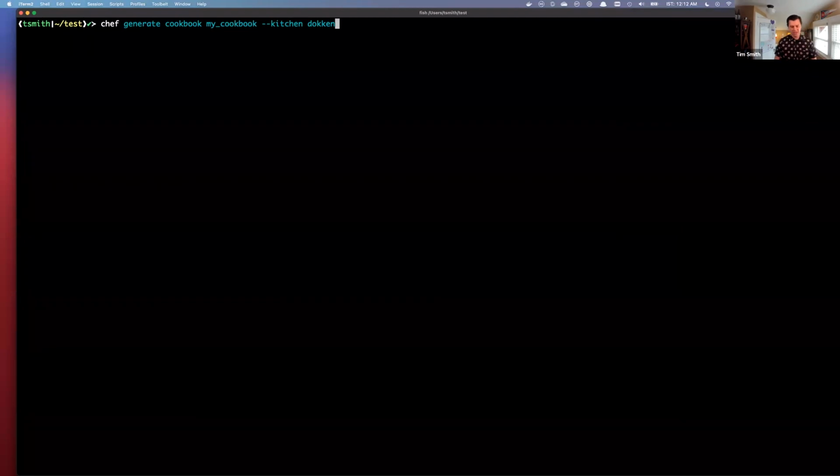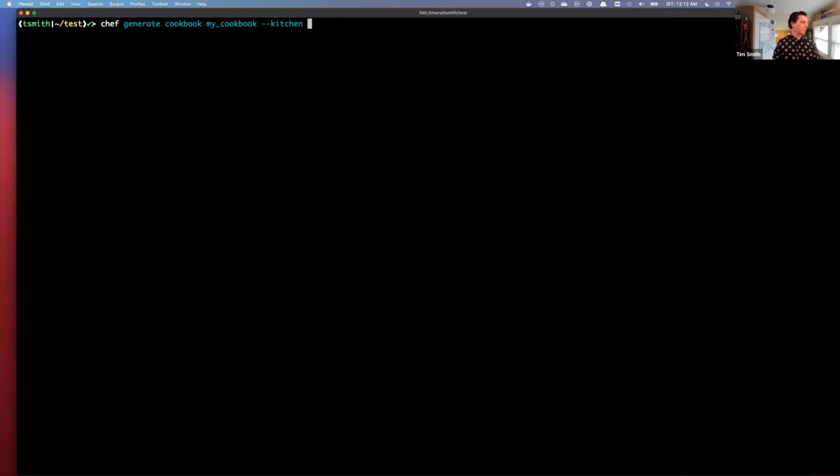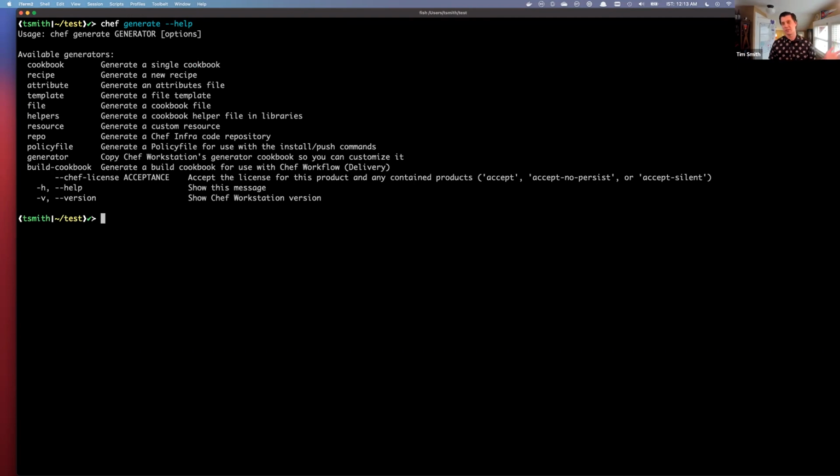We have a Chef generate command. If you haven't checked this out in the past, it's a pretty handy command. It ships in Chef Workstation, and Chef generate gives you a bunch of different things you can generate. So if you want to generate your first Chef repo, or a cookbook, or just an attribute file or a custom resource or whatever, you can do that all directly in Chef generate. It's really handy for